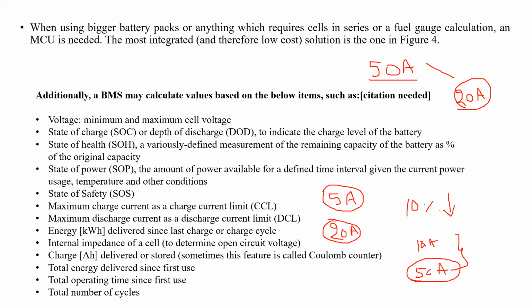At the same time, charging cycles. For example, the battery charging and discharging cycle limit is 1000 times. If the charging and discharging cycle count increases beyond that, the battery management system should provide signals to the operator that the charge cycle life of the battery is exceeded. If the charge cycles are exceeded beyond that value, then what will happen? The lifetime of the battery is going to decrease.